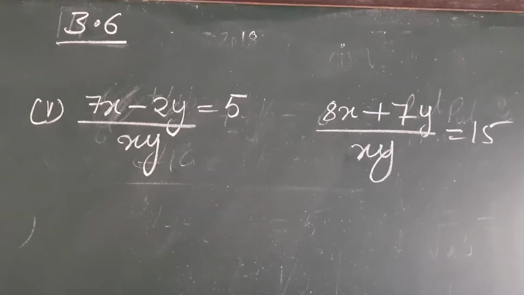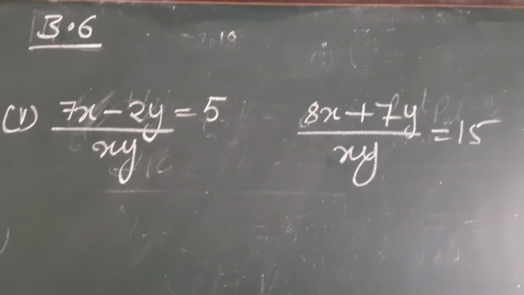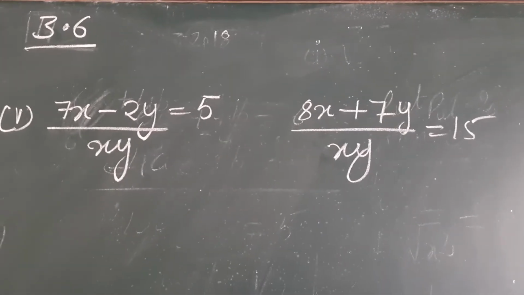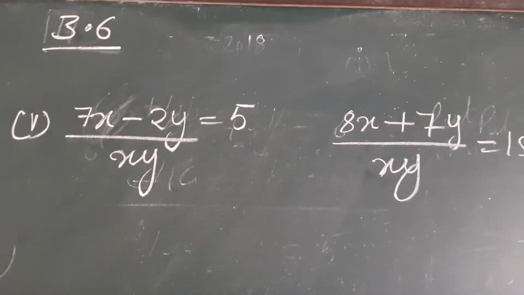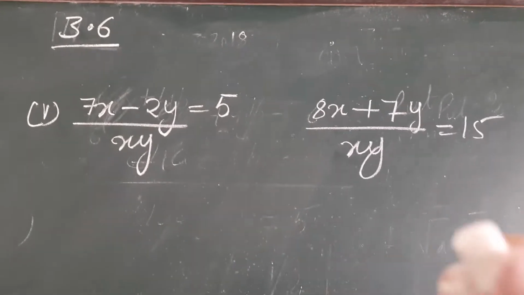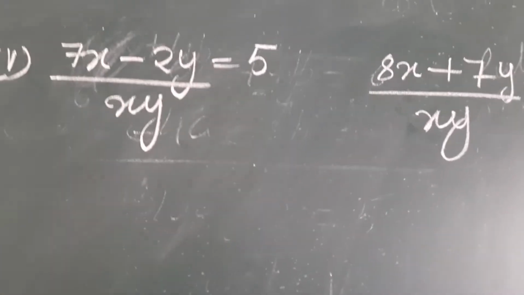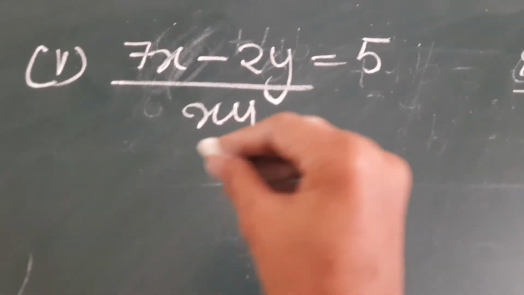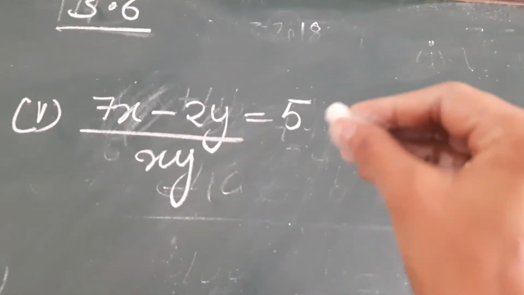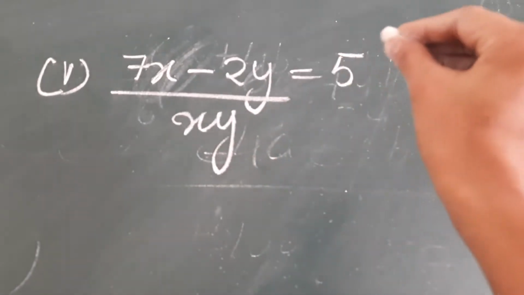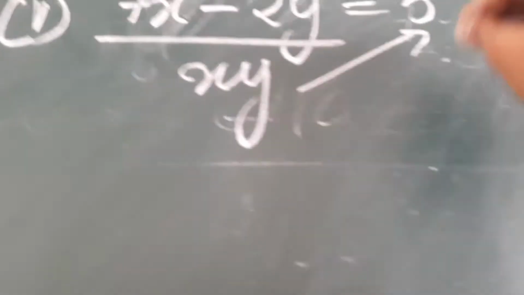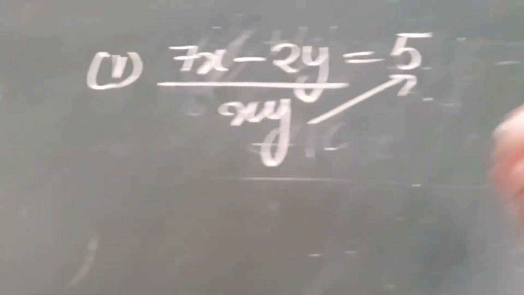Now dear students, the fourth part you can try yourself, or otherwise I will send you the solution later on. But as the fifth and sixth parts are similar to these parts, that's why I am doing this in front of you. Now you can see xy. There are two methods, dear students, for doing this question. One is just to cross multiply xy by this and solve it in a normal way.